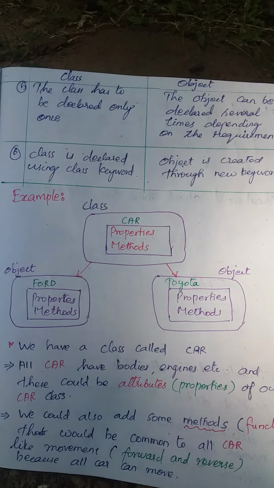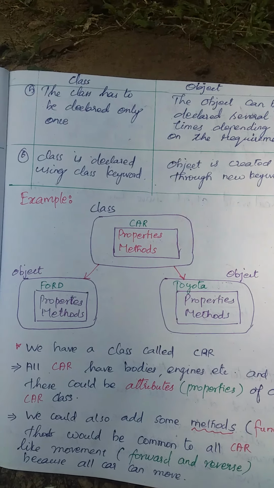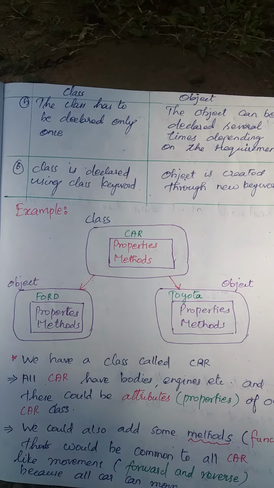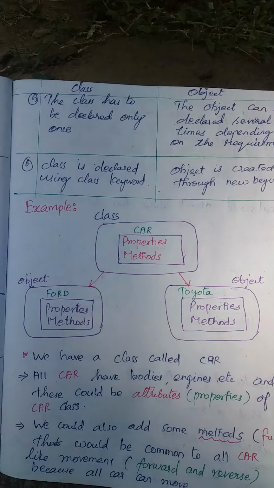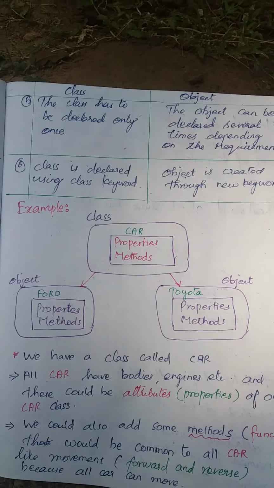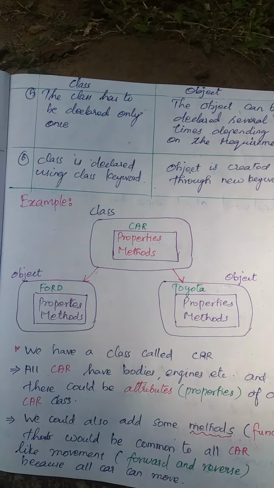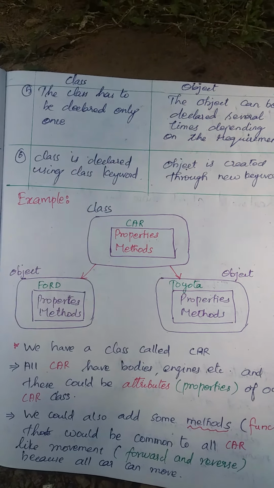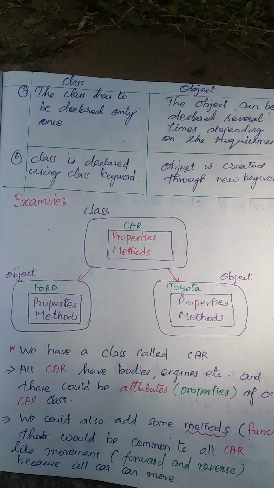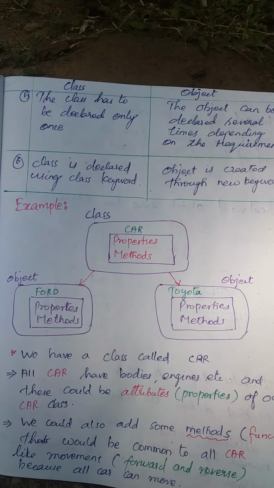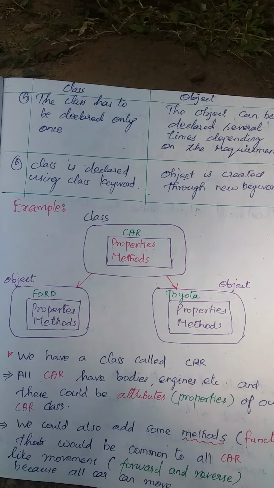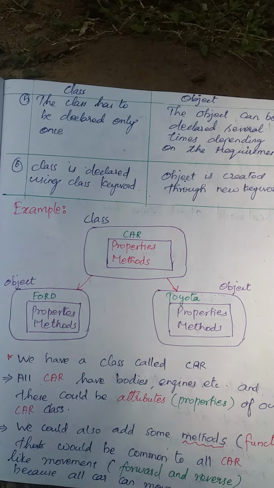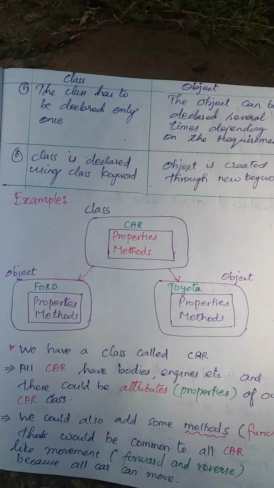Property is the state: what type of doors we use, how the steering is located, how many doors we have, how many lights we have, how many seating capacities there are. That may change for each and every model. So a class is a basic model or a template, and objects are instances. Based on that model we may produce a number of objects.